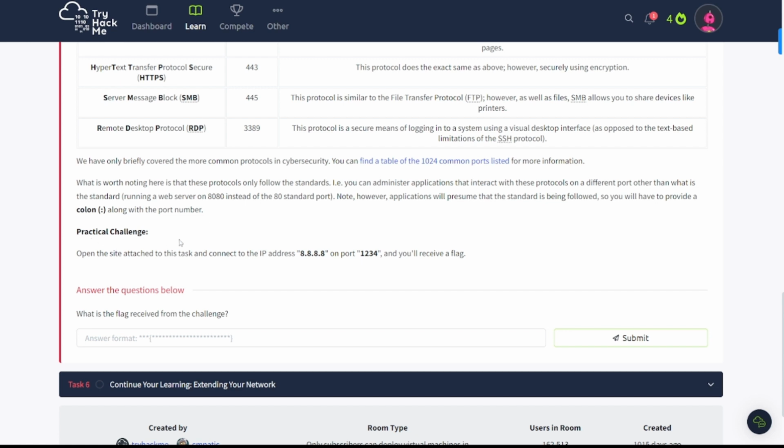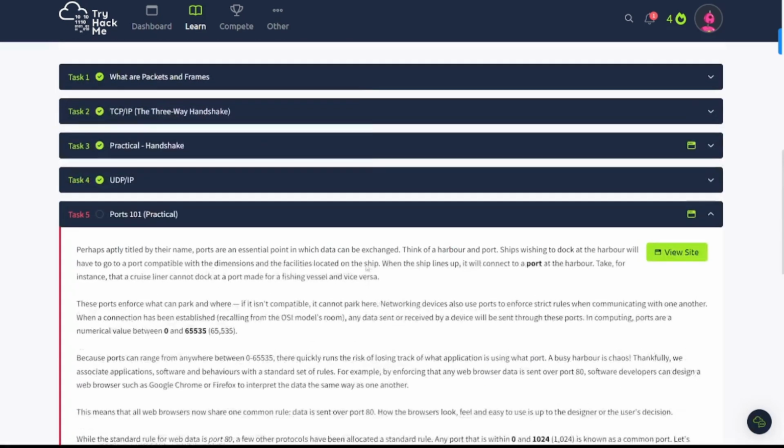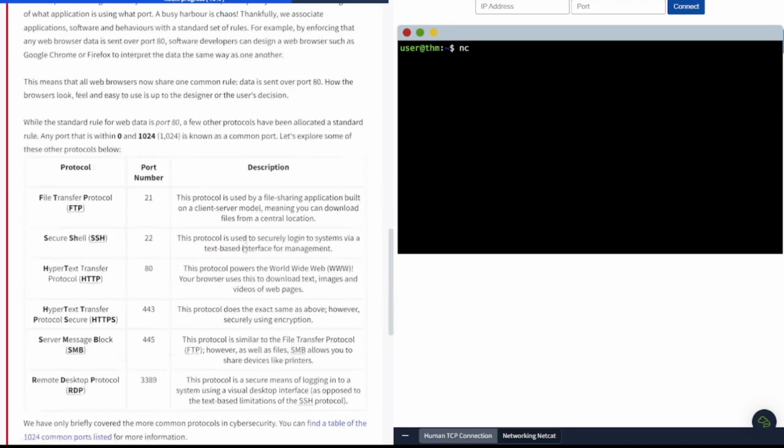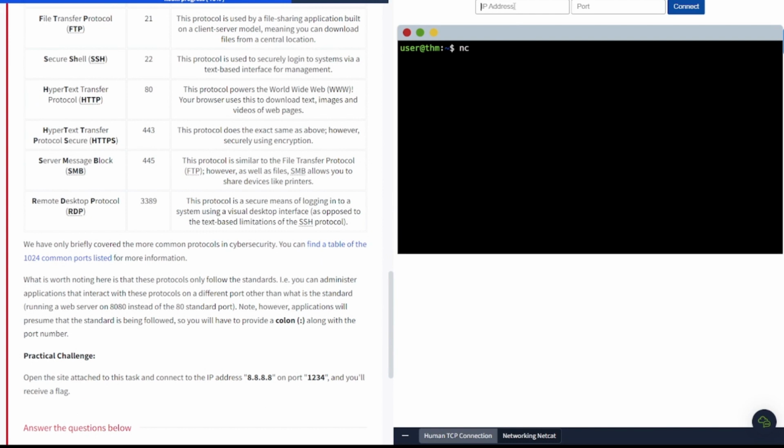All right, now we're going to get into the practical challenge. Just open the site attached to this task and connect to the IP address 8.8.8.8 on port 1234, and you'll receive a flag. So let's go ahead and do that here. Open up this little browser here, and it wants us to connect to 8.8.8.8. So let's go ahead and type that in here. All right,